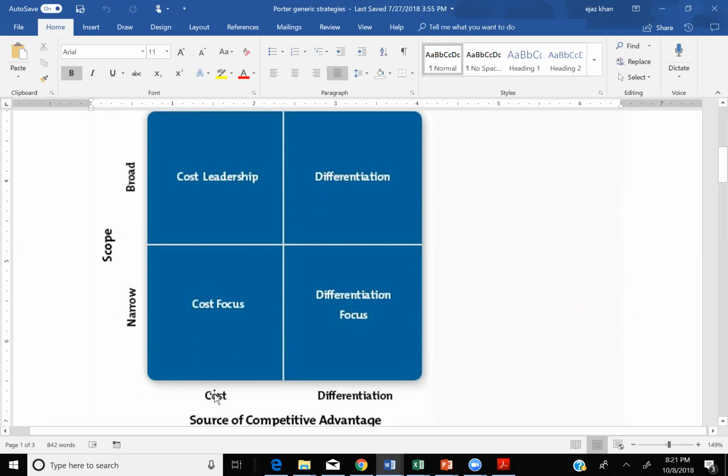that is, applying or using a low cost strategy for a particular product that it wants to use in order to compete in the market. But if the company wants to have the same strategy for all of its products, it means it has a broader scope. In that case, the strategy that it will be pursuing will be called cost leadership, which means that